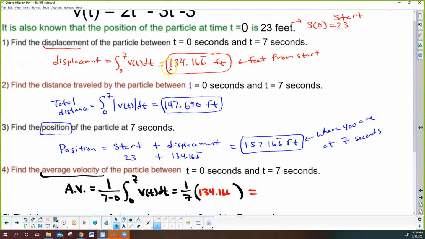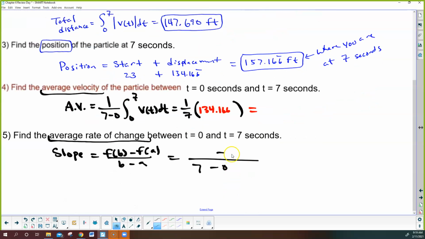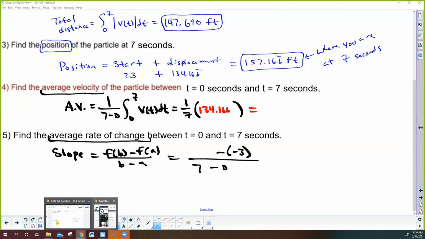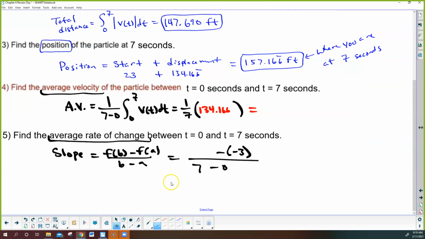So 0 is really quick. If I plug 0 in here, I get -3. And then I want to figure out what it is when I plug 7 in. And since I have my calculator, and I have it already in y equals, if I go to table, notice there's the 0, here's the 7. 7 is 74. So that becomes addition. 77 over 7 is 11